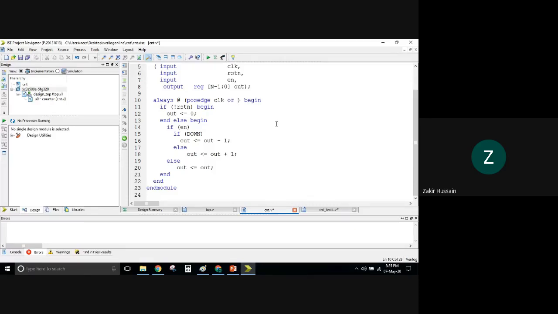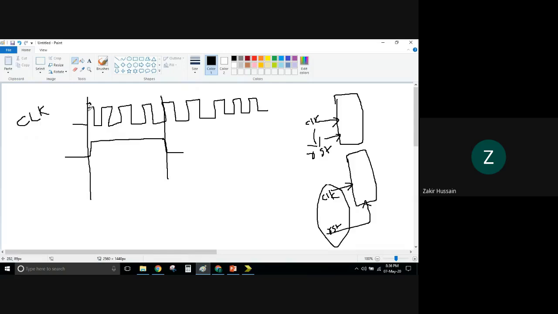In this case, it's a negedge, right? So negedge, you put that RSTN. If you put this, whenever there is a negative edge, irrespective of your clock, the event will be triggered. What is this doing? The job of this always, as I explained yesterday: this @ is an event control operator. Any event happening on clock or any event happening on reset, this entire block will be triggered. Any event means maybe a positive edge taking place, maybe a negative edge taking place.